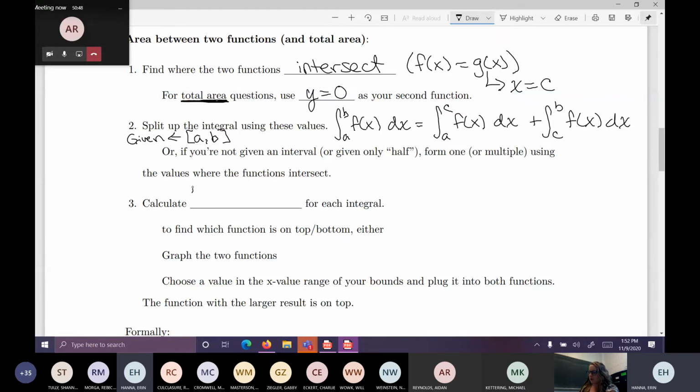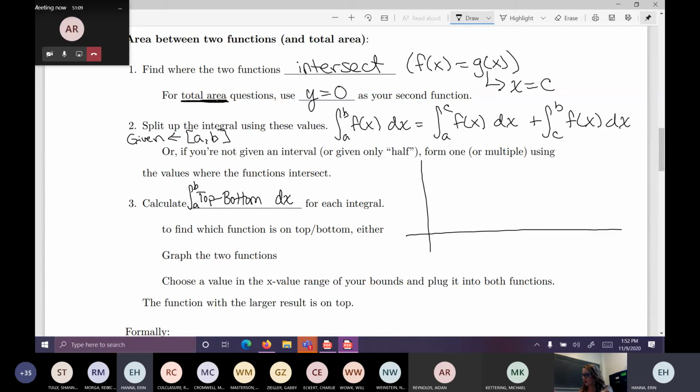But you're going to calculate the integral from a to b, and this line is not quite long enough for what I want to write here. I'm going to write top minus bottom, and I'll explain what I mean by that in a second. And so you're going to do that for essentially each integral. So essentially what happens here,